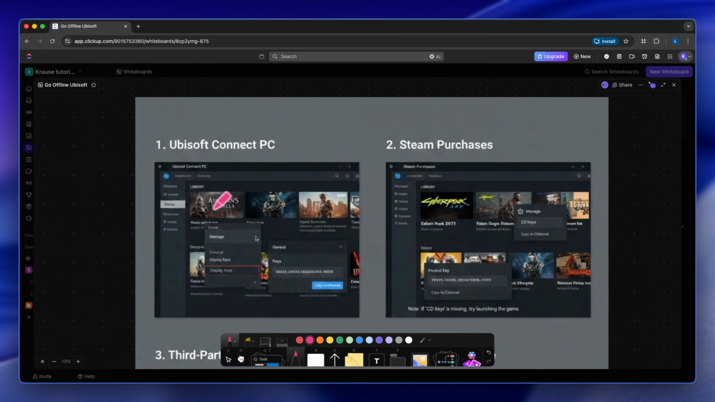Now, the first method for you to get your activation code will be to launch the Ubisoft Connect application on your Windows computer. Once you open it, you're going to log in and open the library. You're going to select the game, and right next to the game you're going to see three dots. Select those three dots, and once you click on it, it's going to open a dialog box